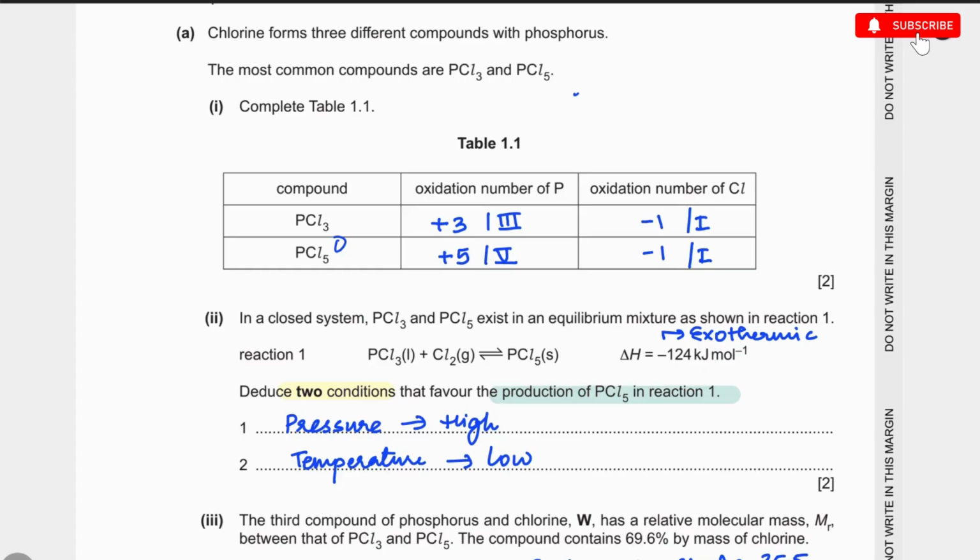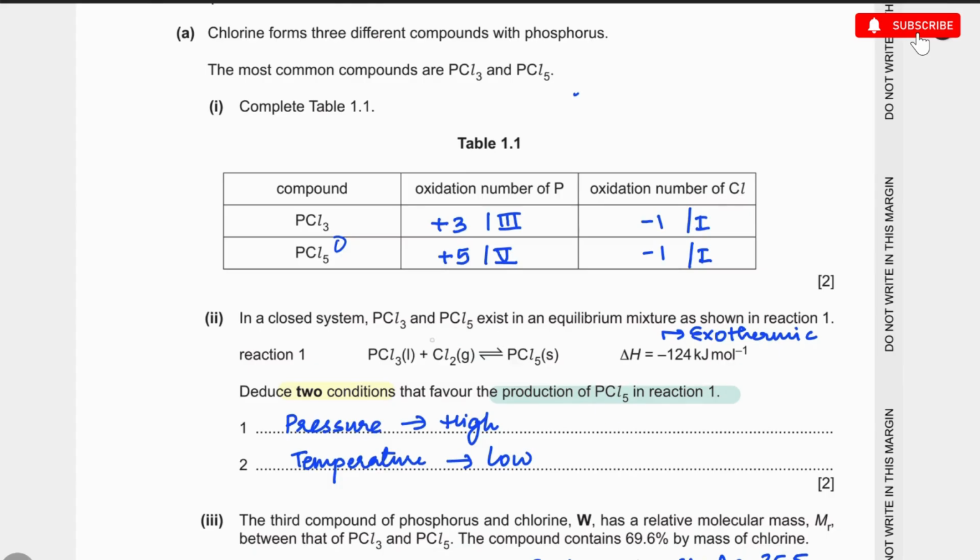If I talk about the pressure, we will count the number of moles in each scenario. If you see on the reactant side, liquid we don't take, gaseous we take. Okay, so 1 over here, because 1 is given to us. Over here solid we don't take. When we're talking about the pressure in terms of moles, we only take 1 is to 0. So over here 1 is to 0 is already given to us.